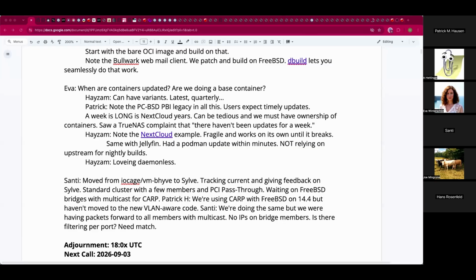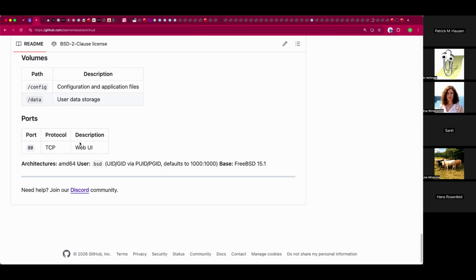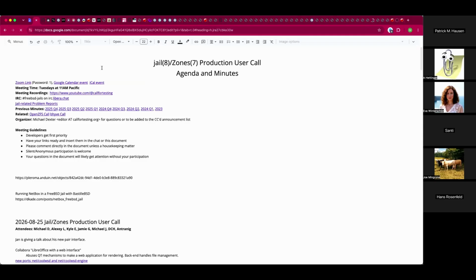And I did nudge Jan, but obviously it's evening there, and he joined remarkably late yesterday, so I forgive him. Just one moment, and this is totally public. This is right off the main agenda page for the jail zones call. So let's do a quick look at pair. And for those listening, that was Santi's comment in chat. So I will bump this up and